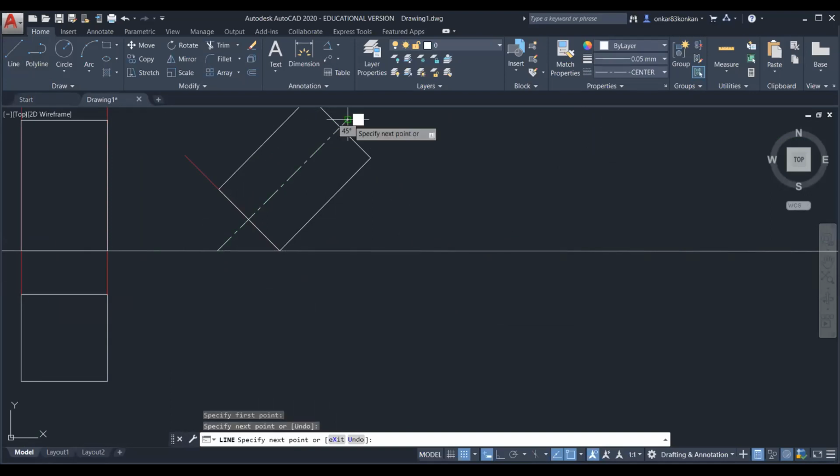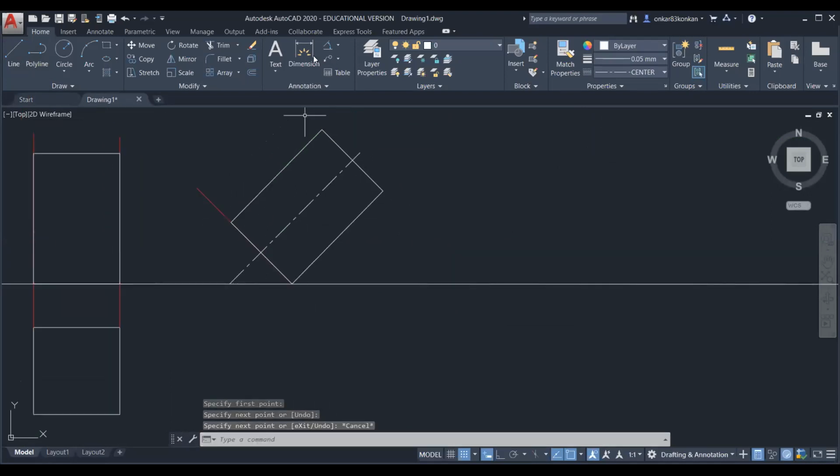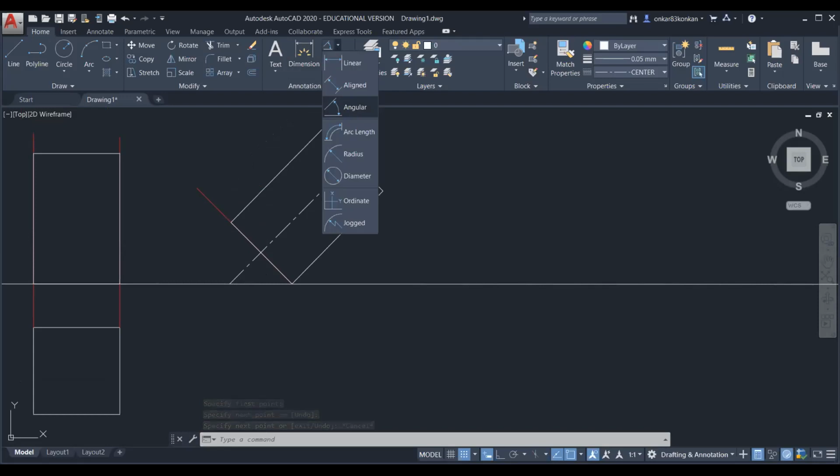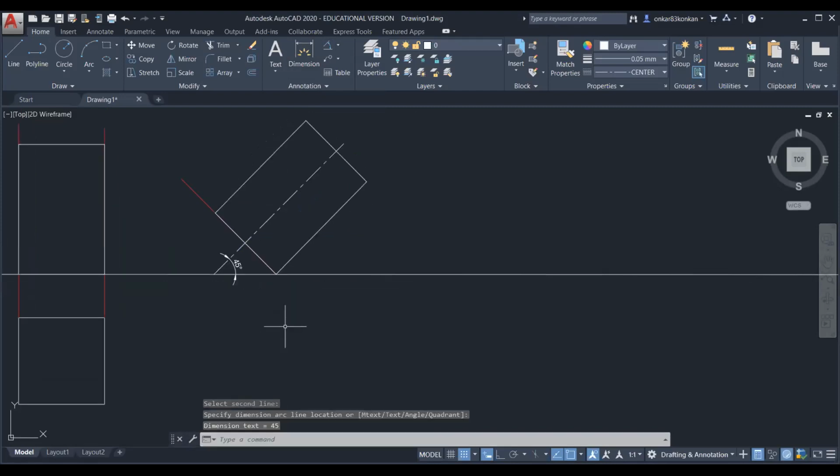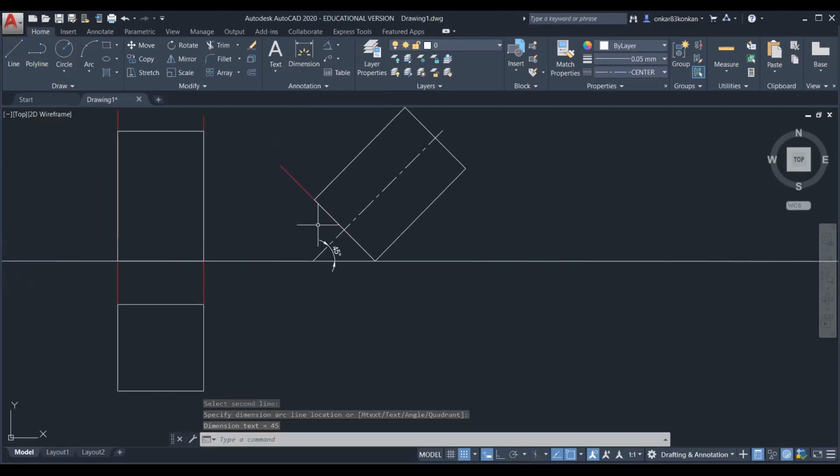Okay, so this is the axis line. So this axis line is at 45 degrees. So once you complete the second stage front view, then take the projection in the top view.